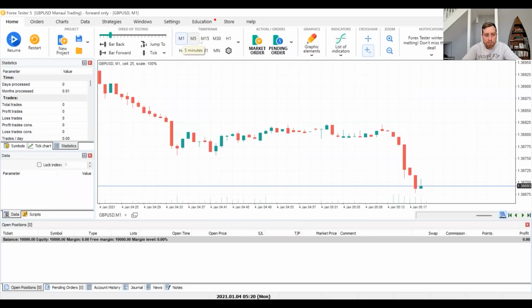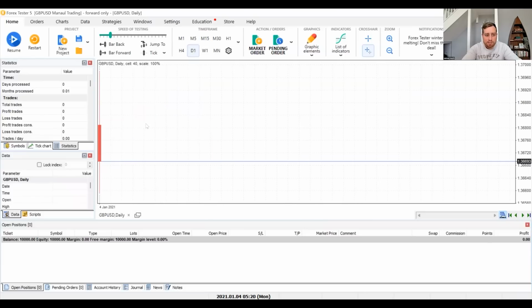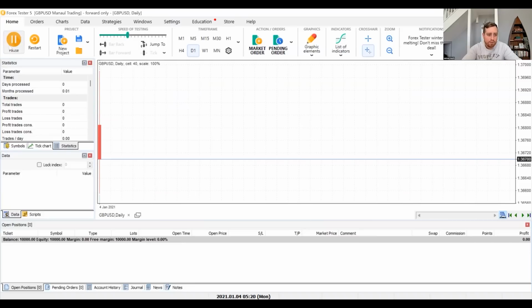Right, we're loaded. We need to get on the right time frame now. So if we go to 15 minutes, because the data's not there yet, obviously the 15-200 moving average is going to take a lot longer. And if we go to daily, you can see there's nothing there. So if I now allow this to run forward, this is what we call forward testing. If I click resume and I speed this up because it's obviously on the daily,